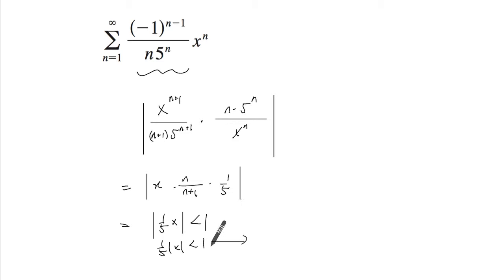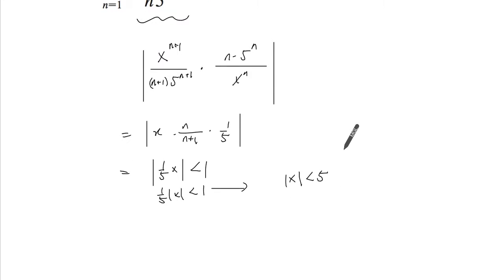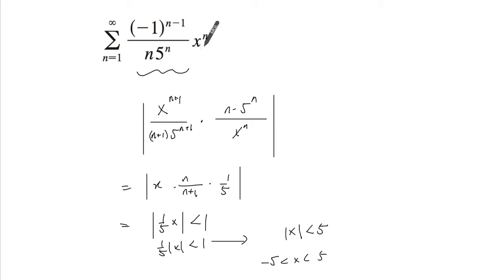Okay, so that has to be true. In other words, the absolute value of x has to be less than 5 to be convergent, which means x is between 5 and -5. Let's check the endpoints. When x equals -5. So when x equals -5,